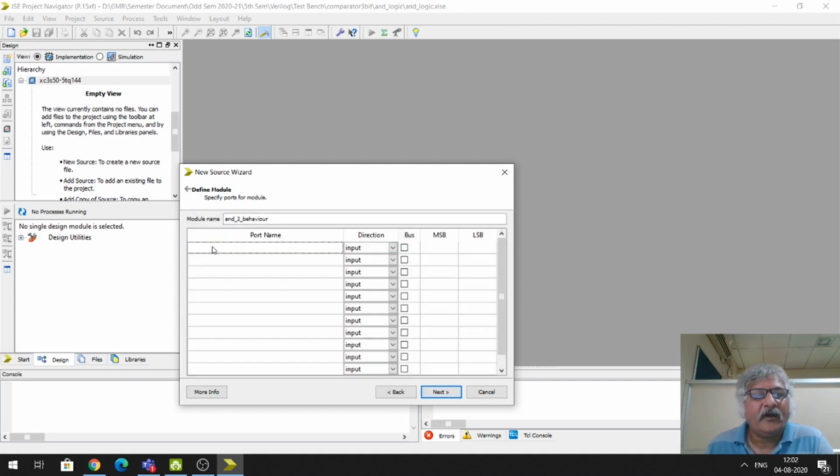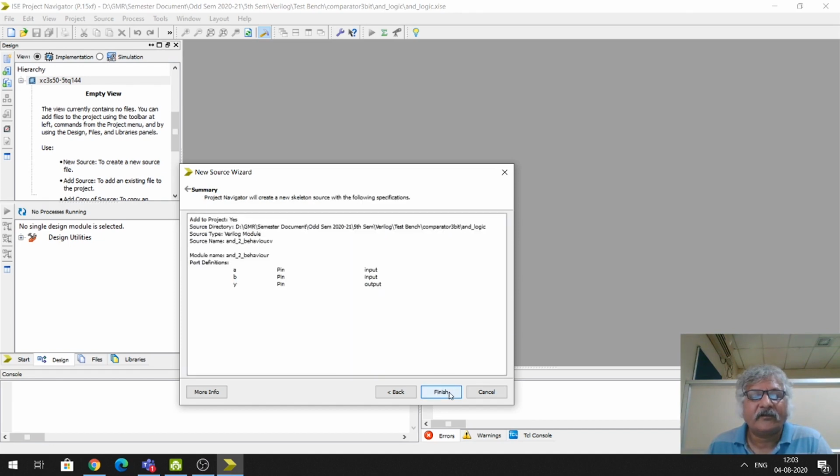Next, for my AND gate, one input I have given the name A, and by default the direction shows input. Here you can select input, output or inout. So A is my input, B is also my input, and Y is my output. For my output I have selected output.